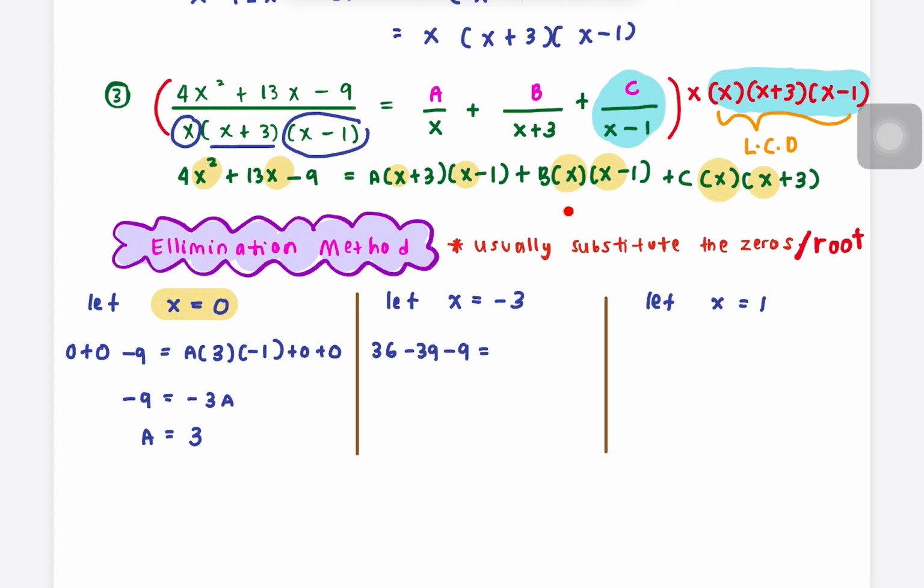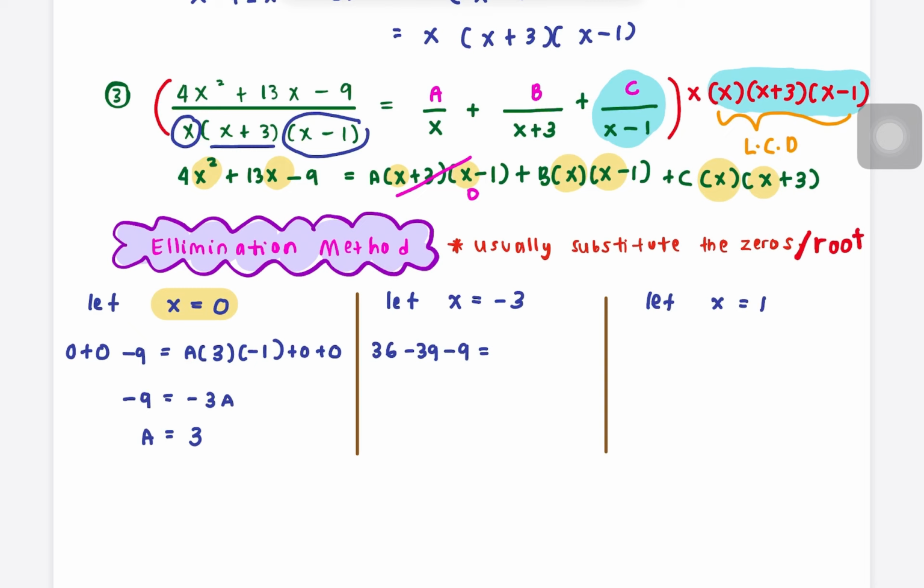Negative 3 minus 1 is negative 4. Okay. And the last term, if you substitute x with negative 3, negative 3 plus 3 is 0. 0 multiplied with any number will be 0 also. So this one, 0. So you have only this term, which is negative 3b times